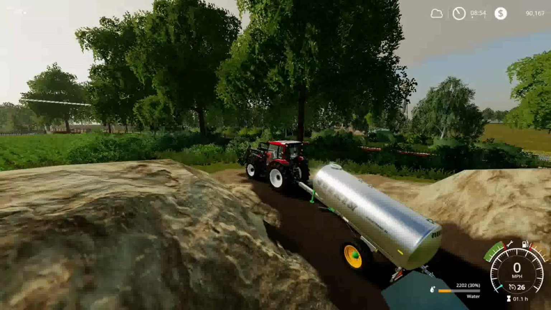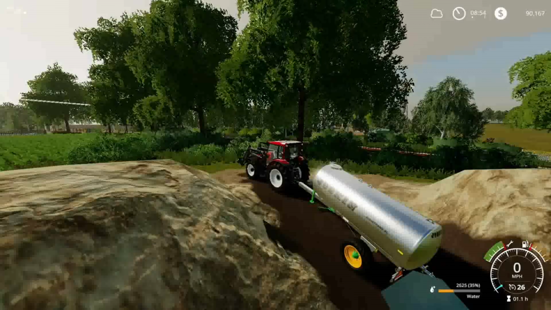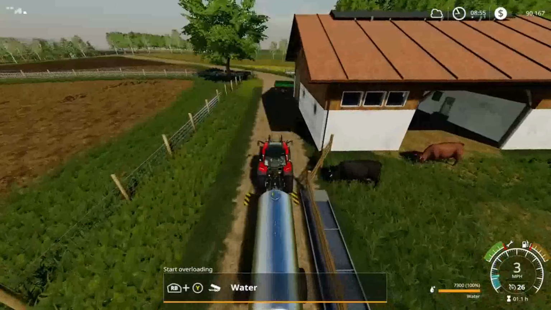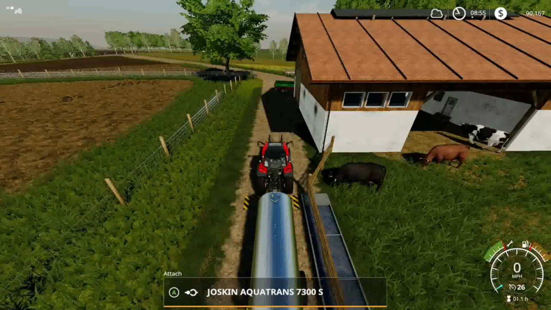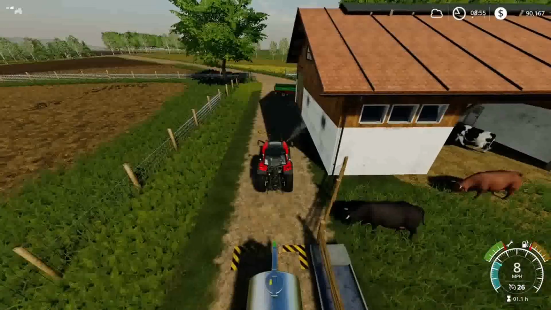Alright, so we're just going to fill up the water and then take it back to the cows, and we'll see you back there. And we're back at the farm with a full water tank. Let's top off the cows, and then we'll leave the water tank here, and then we'll top up the TMR,